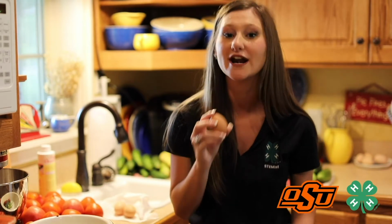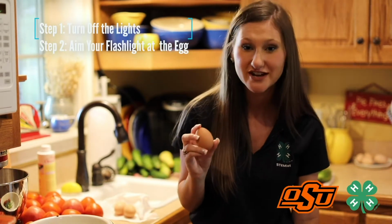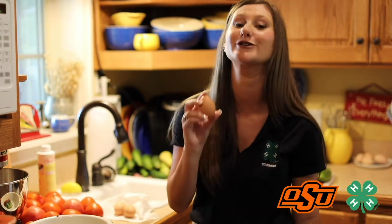Turn off the lights in whatever room you are in, aim the flashlight into the egg, and write down any observations or abnormalities you find via your Microsoft Forms. Lastly, the processor will put all the inspected eggs into the carton. Each egg will have a specific spot. Once all the eggs are placed, he assigns them a